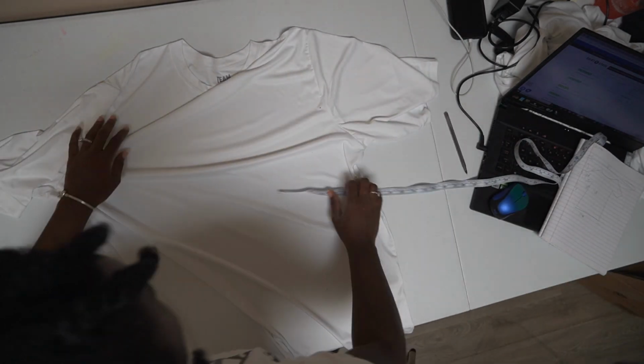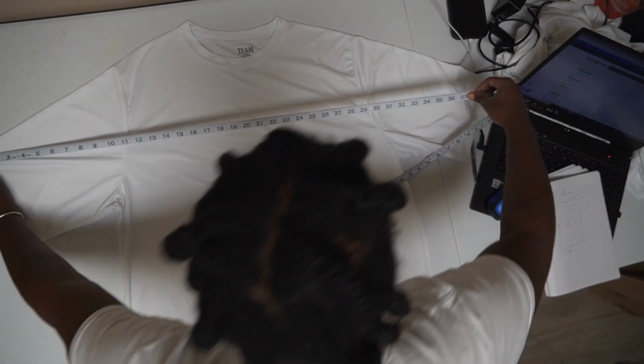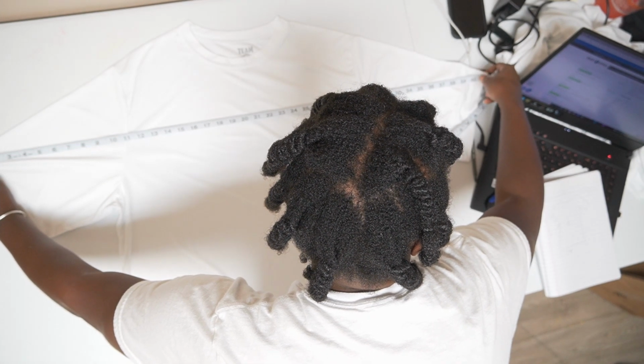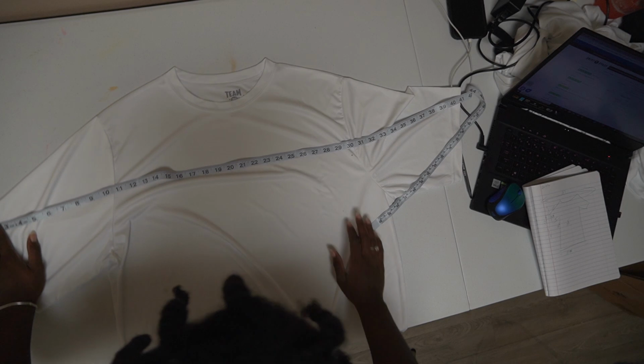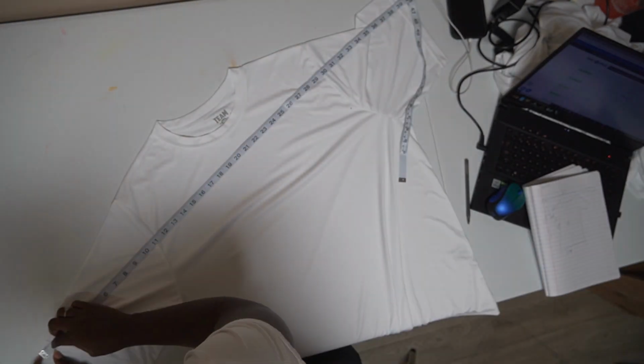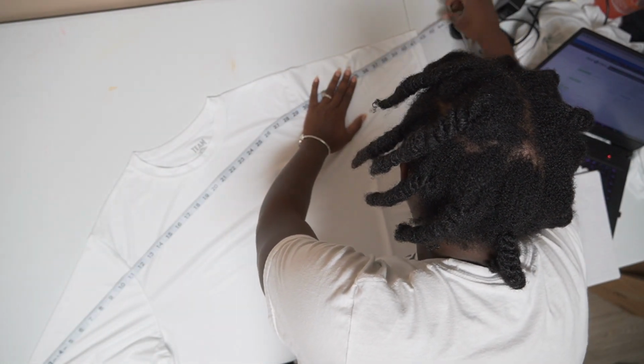Then I want to stretch the shirt out. Stretch it out, and I want to go from sleeve to sleeve to see the length. So we're gonna need to make sure we have enough bleed for this. So from here, it's all the way over here. So for this shirt here, it's registering at about, and I'm putting it on here as if I printed it out. Y'all might can't see this corner here. And I'm doing it to stretch it out. So at about 40,